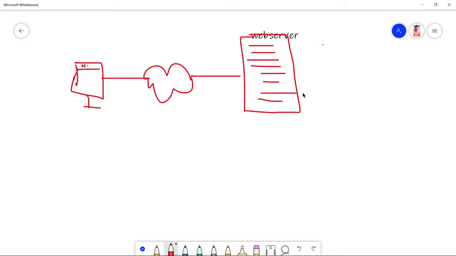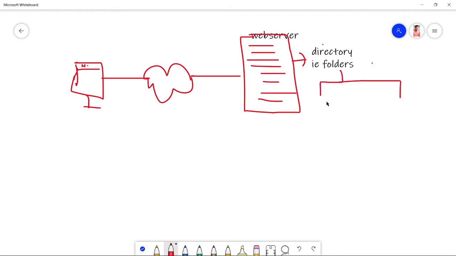Let us first have an idea about directory. What do you think a directory is? Directory is nothing but folders. The web server will have many directories in it, and a directory can be of two types.